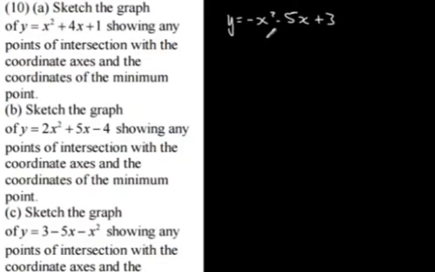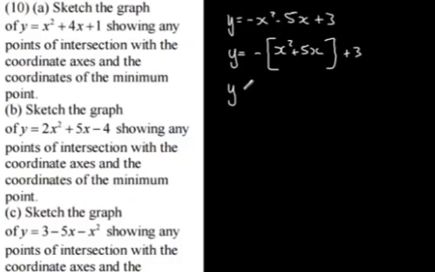So I'm going to complete the square. As we saw in the last video, we can only complete the square if the coefficient of the x squared term is +1. So taking that out, I'm going to take out the -1. We'll have x squared plus 5x, and then we're going to have the 3. Completing the square inside the brackets, we're going to have x plus 5 over 2, all squared, that's half the coefficient,